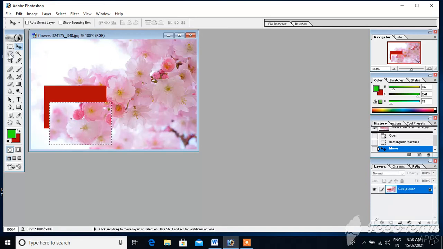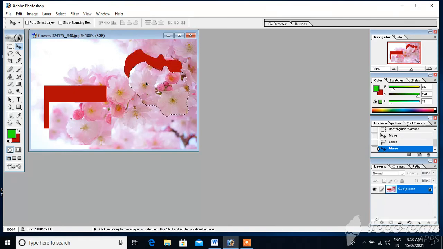Okay. Now we'll use the lasso tool. The lasso tool is used to cut a specific area of the image but with a random shape. Okay, with the move tool, move this area. Now see the difference between the lasso tool and the rectangular marquee tool.